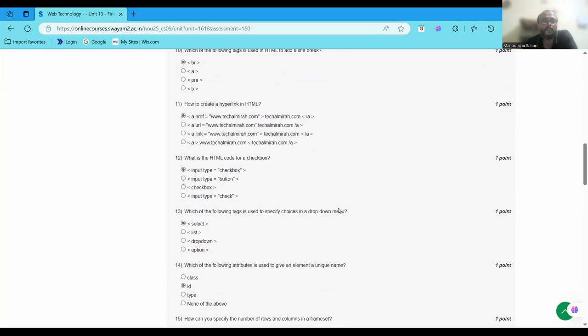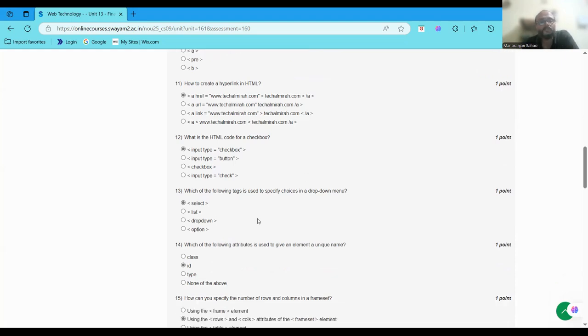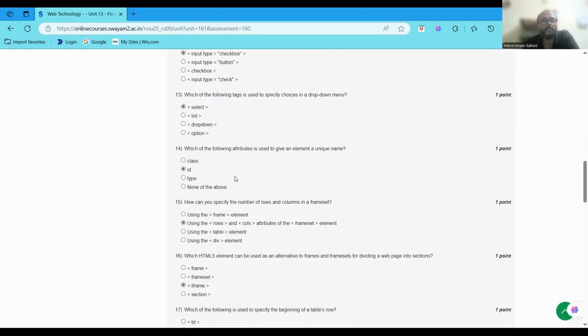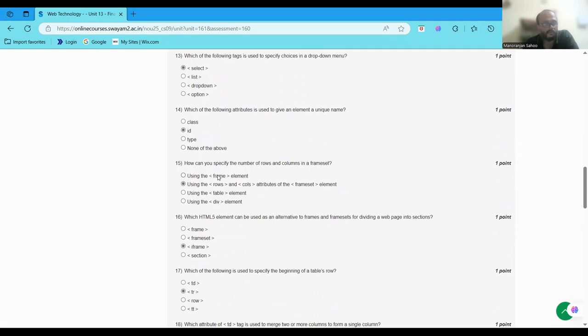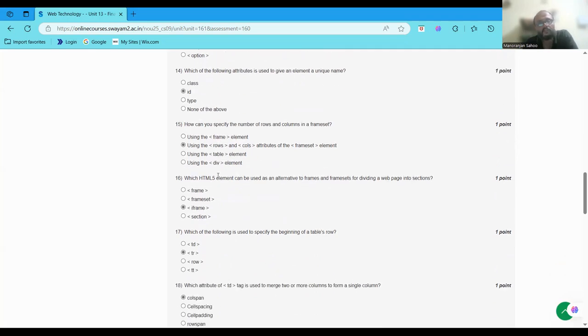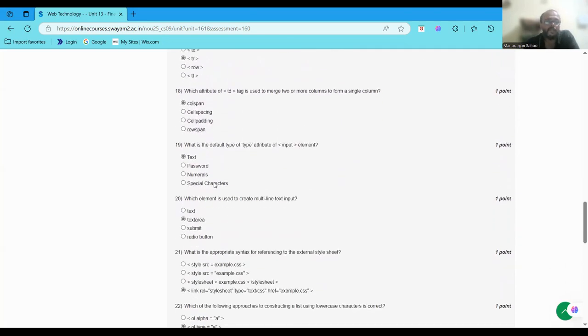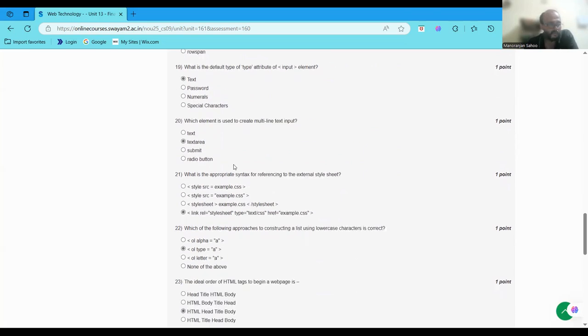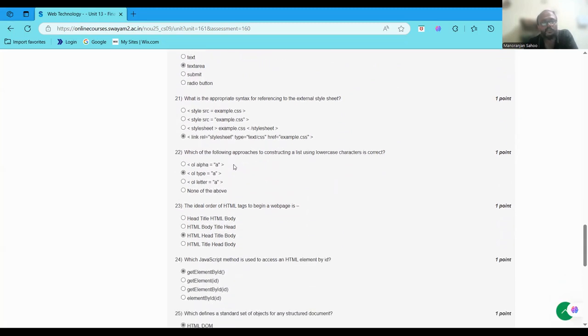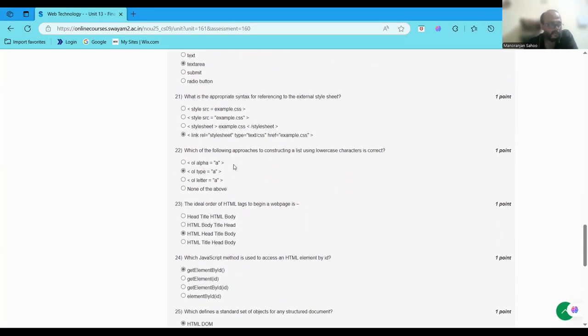question number 13 option A, question number 14 option B, question number 15 option B, question number 16 option C, question number 17 option B, question number 18 option A, question number 19 option A, question number 20 option B, question number 21 option D, question number 22 option B,